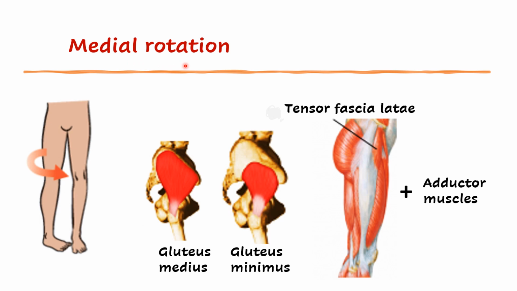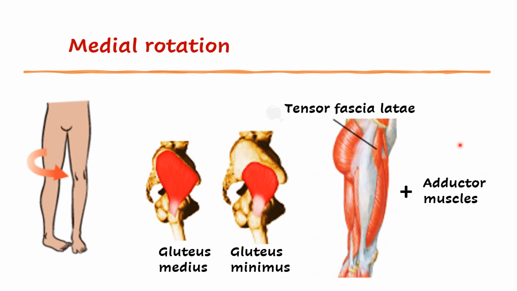Medial rotation of the thigh, or medial rotation at the hip joint. You can see here the movement of the thigh: the femur is going to rotate medially in this direction. The muscles responsible for medial rotation are very simple to remember. We have just done the muscles responsible for abduction, right? So you include those three muscles, that is gluteus medius, gluteus minimus and tensor fascia lata, plus the adductor muscles